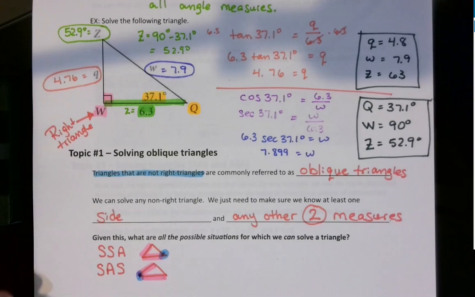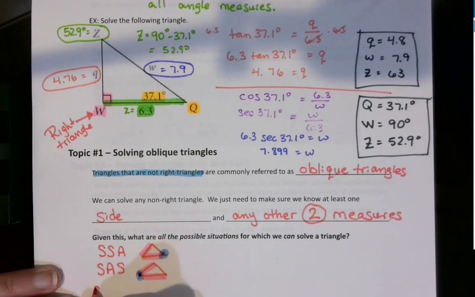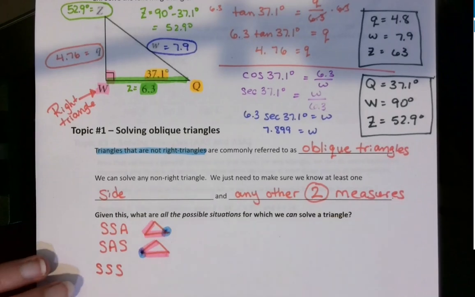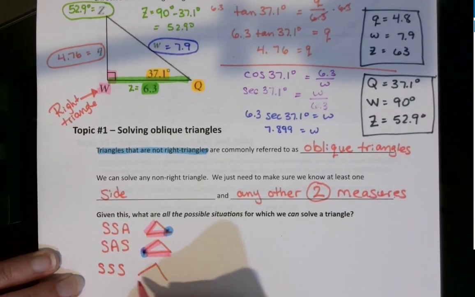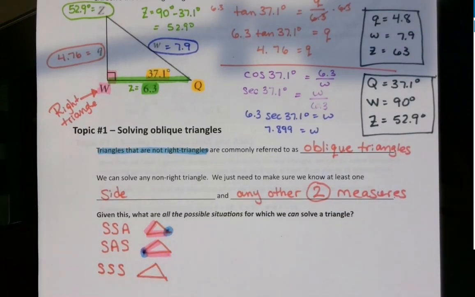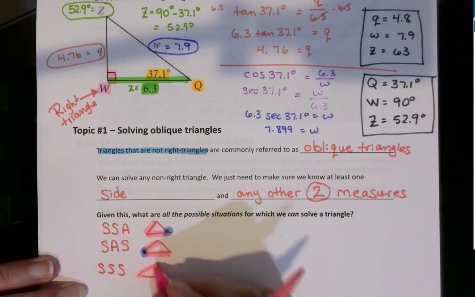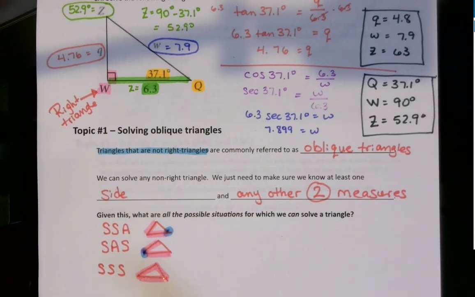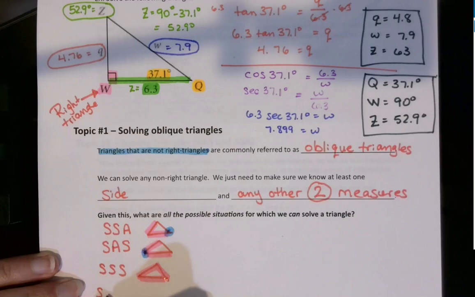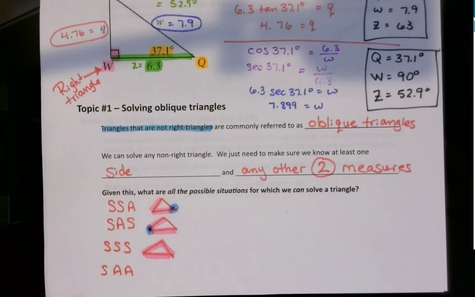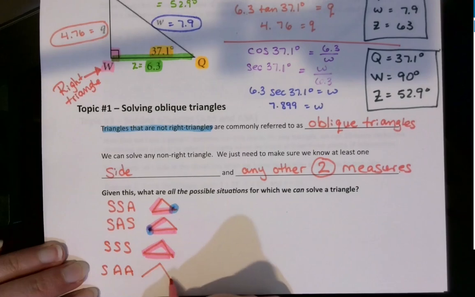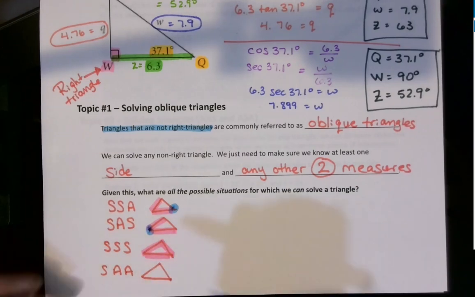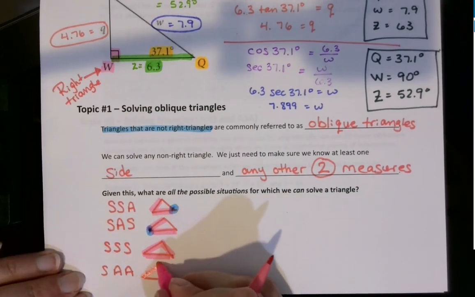It's also possible that I know all three sides and I don't know any of the angles. I can solve in this situation. I need to know at least one side. So the other possibility is that I know a side and two angles. And so in this situation, let's say I know this side and